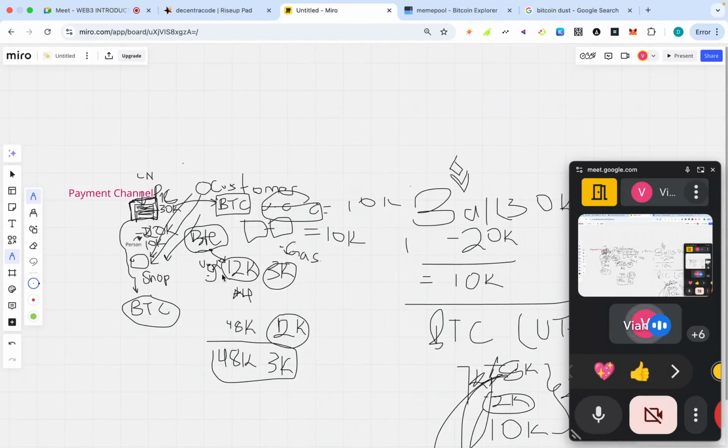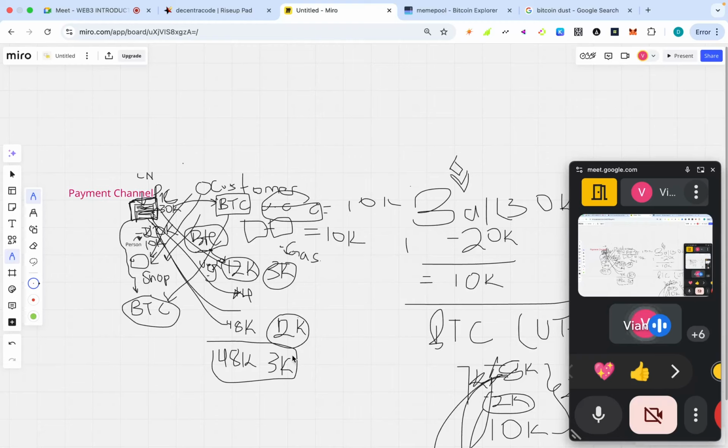That means in this case, if I was spending 12K, it would record 12K. Then if I was spending 12K again, it would record 12K, and again, and on the final transaction, it would record 12K. And then, according to the smart contract logic, at the time when I'm supposed to actually make the payment, it will transfer from my wallet the amount of money that is recorded on the ledger in the payment channel and send it to that person